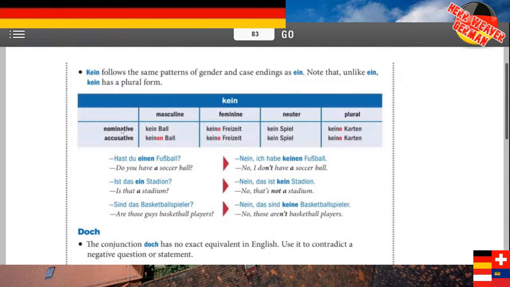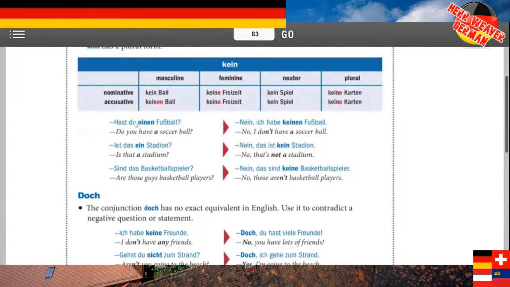Masculine, feminine, neuter, plural, nominative, accusative. You can just go back and forth. Remember how I almost give you points on things where I say, make this statement into a question. So, du hast einen Fußball. And you wrote, hast du einen Fußball? Remember that? Be the same thing here. Be a thing like on the test or quiz. You say, ich habe einen Fußball. Now make it negative. Ich habe keinen Fußball.